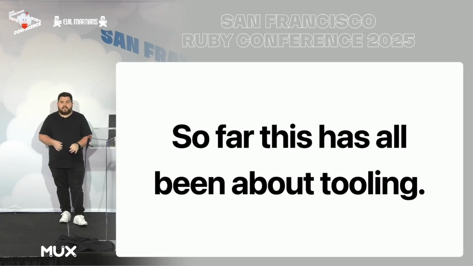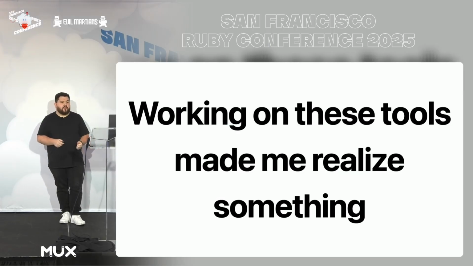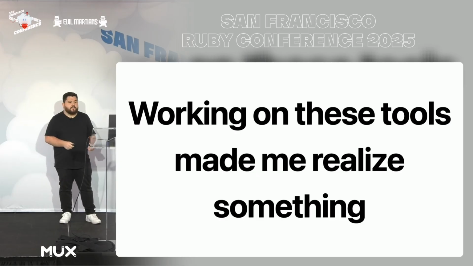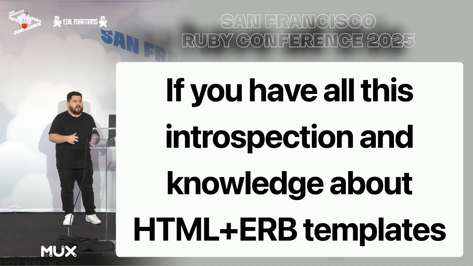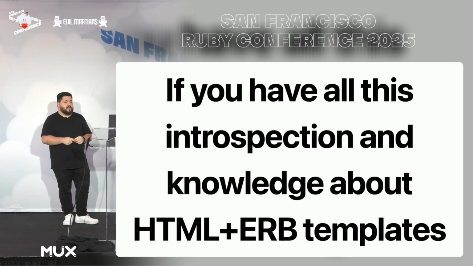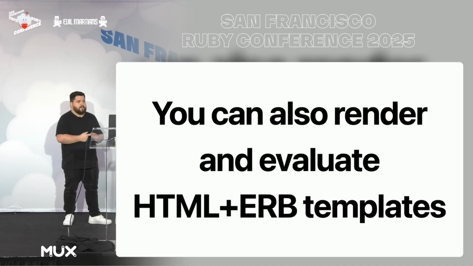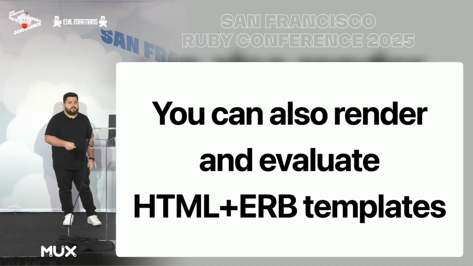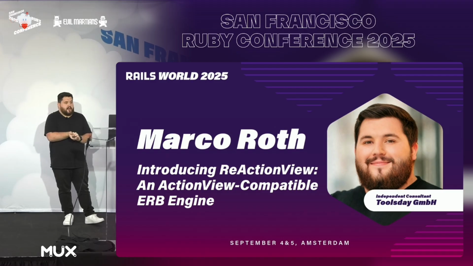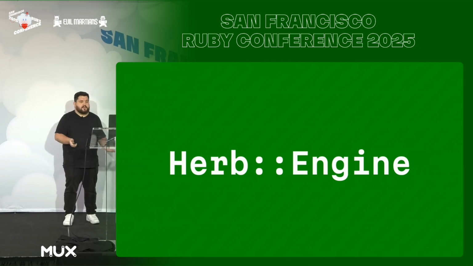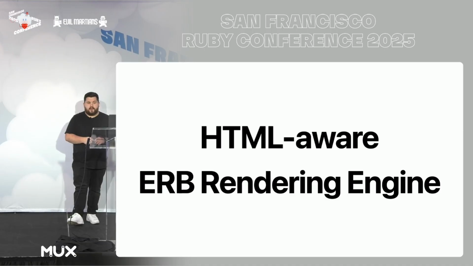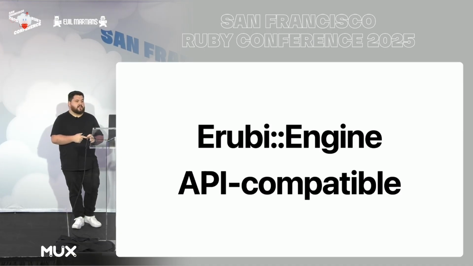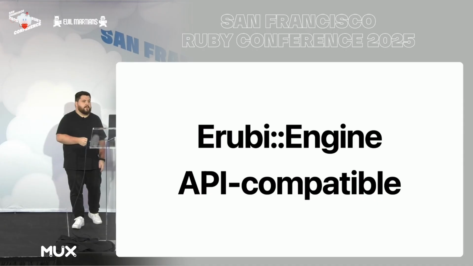But so far, this has all been about tooling, and working on these tools made me realize something. If you have introspection about how these templates are structured, you can also try to render and evaluate them and maybe enhance how this works. That's been my RailsWorld talk earlier this year, where I introduced a new Herb engine that is able to render HTML ERB files. It's an HTML-aware ERB rendering engine, and it tries to be ERB engine API compatible,